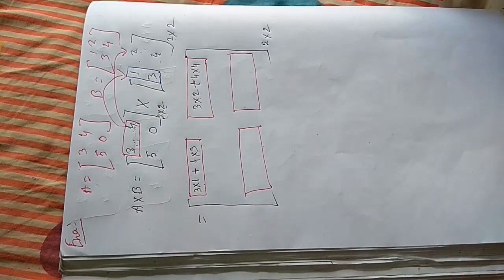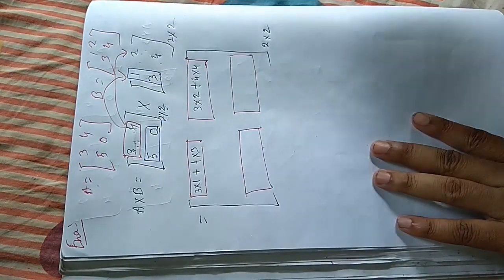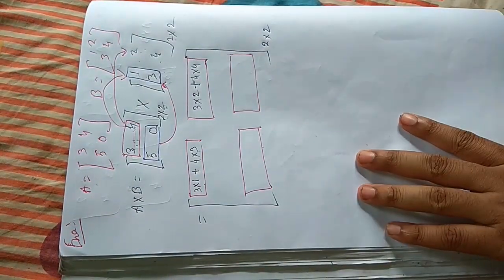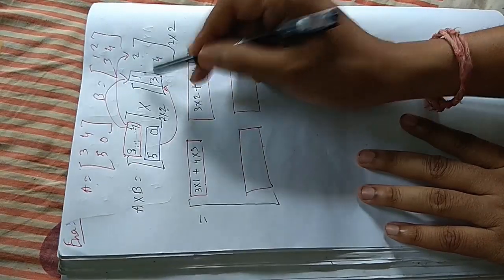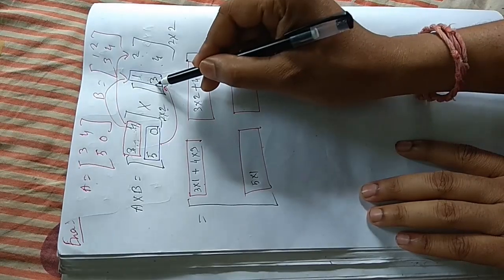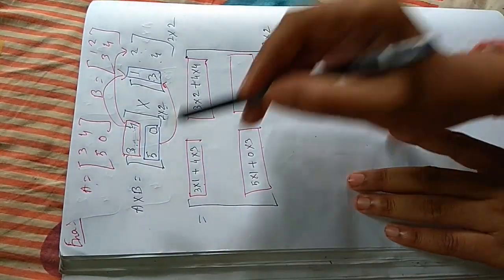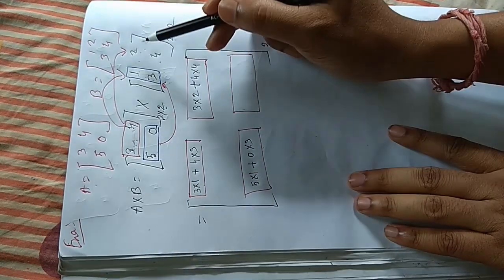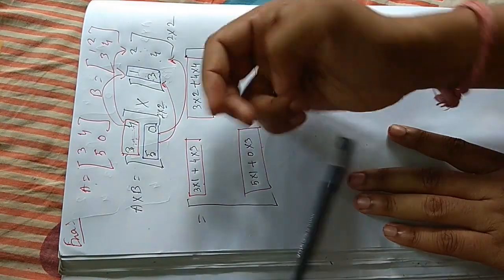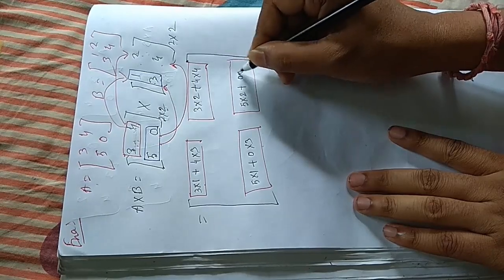First row completed. Now we take the second row and multiply it with the first column and write in a similar manner. First element multiplied with first element, 5 into 1. Okay, second element multiplied with second and take plus sign, 0 into 3. Okay, now the second column multiplied with the second, that means here, and write it 5 into 2, take plus sign, 0 into 4.